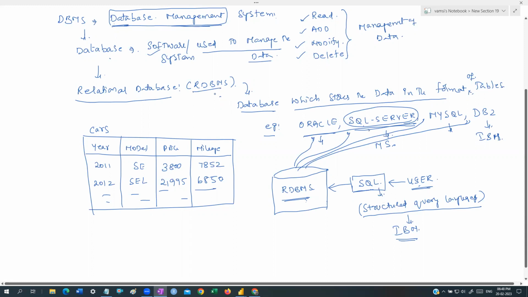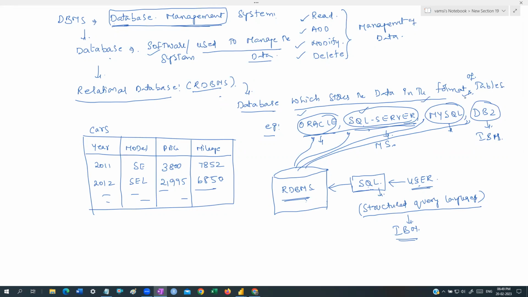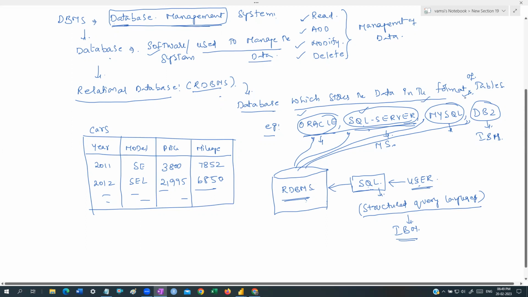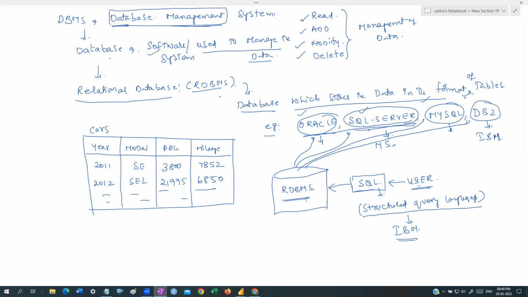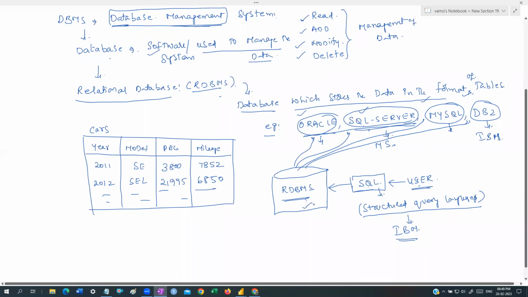There is one advantage, guys. Using SQL, I not only work with SQL Server, you can work with Oracle, MySQL, DB2, Teradata, any relational database. Almost all kinds of relational databases use the same SQL language. So once in your life, one time, you learn SQL, you can manage any relational database.